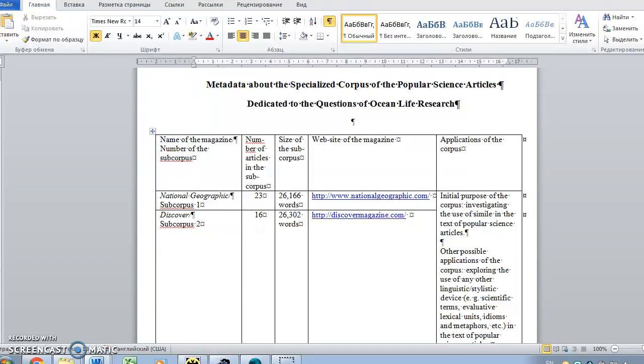But at the same time, their authors are experts in some particular fields of study, or in many cases, especially in the case of articles, science journalists who report on some scientific research in their texts. So that's why it's logical to assume that the main purpose of the authors of such texts is to convey the necessary factual or scientific information in a more accessible and more interesting way. And of course, they can't but use some linguistic or stylistic devices to achieve these purposes.